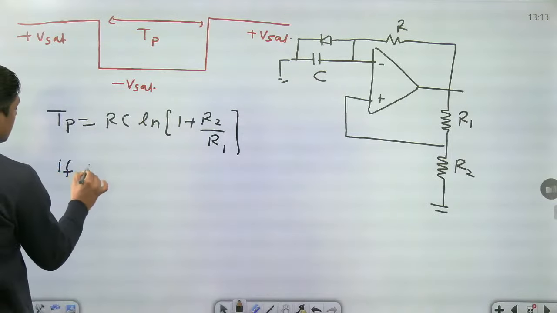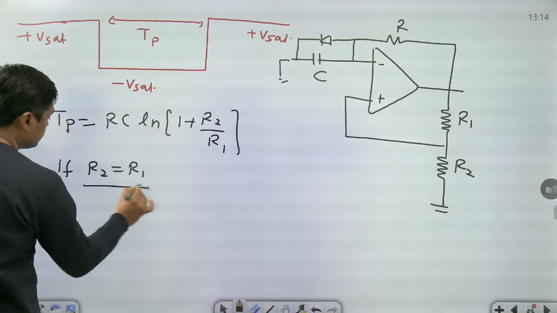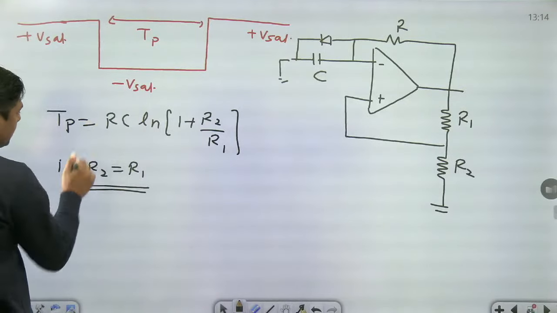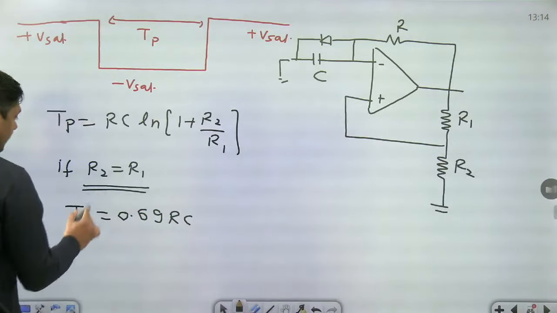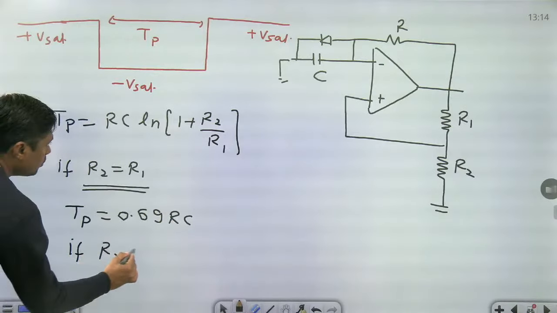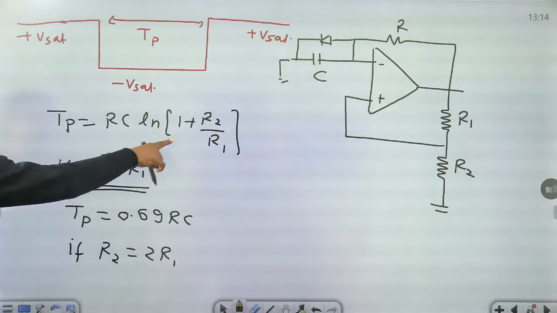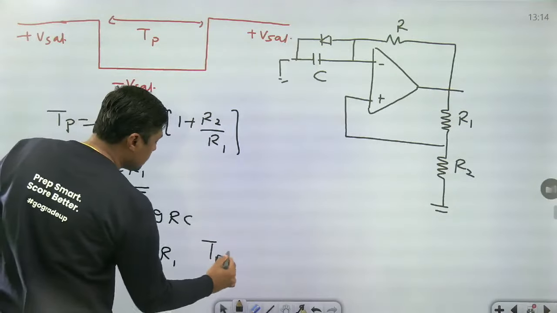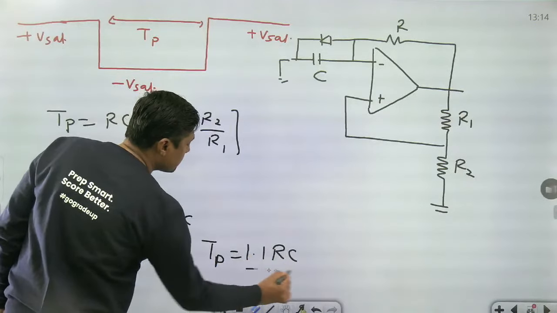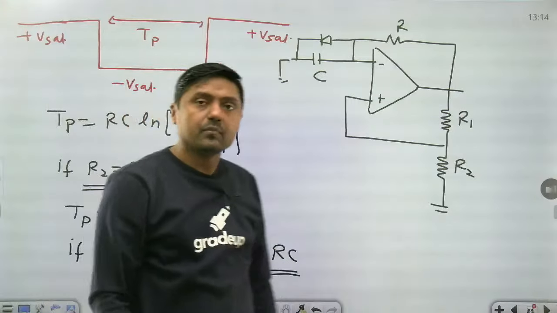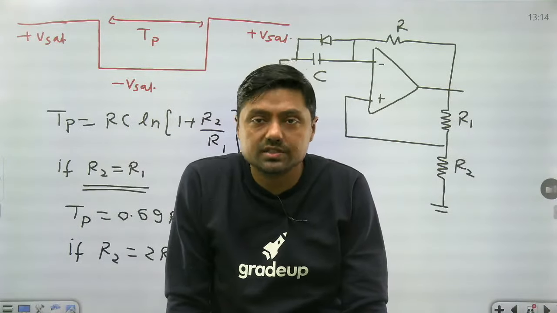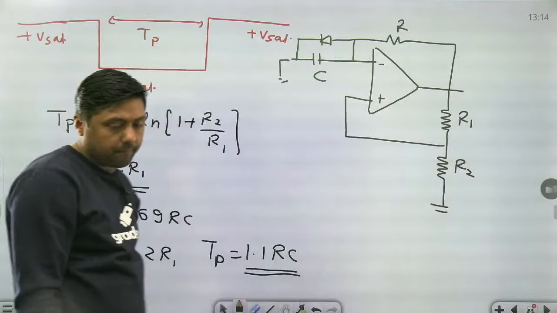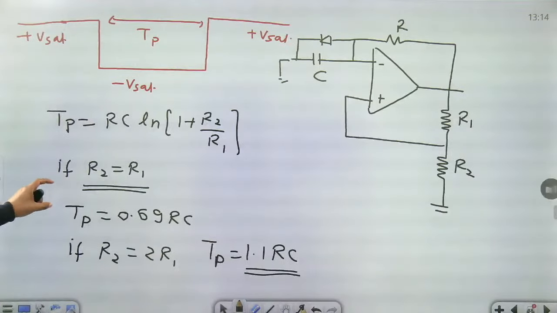If R2 is equal to R1, then TP becomes 0.69 RC. If R2 is equal to 2 times R1, then it becomes log 3. Log 3 is 1.1 RC. TP is equal to 1.1 RC. Okay? It is not 1.69 RC. It is not the right answer, Ajay. Okay. This is called pulse width: 0.69 RC, or if R2 is equal to 2 times R1,